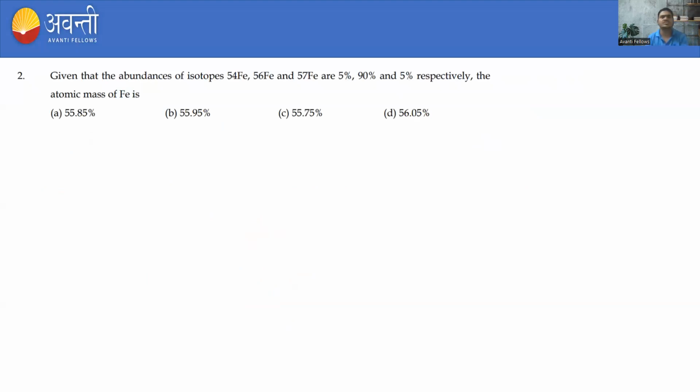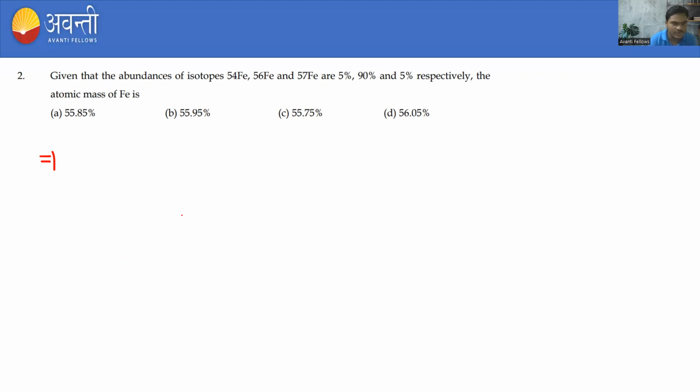So in the next question, it is given that the abundance of isotopes 54Fe, 56Fe and 57Fe are 5%, 90% and 5% respectively. You have to calculate the atomic mass of Fe. So we know that isotopes are those which have the same atomic number but different mass numbers. So they are said to be isotopes. So let's calculate the atomic weight. We know how to calculate the atomic weight. It's very simple. Just multiply its percentage, or we say weightage, by its